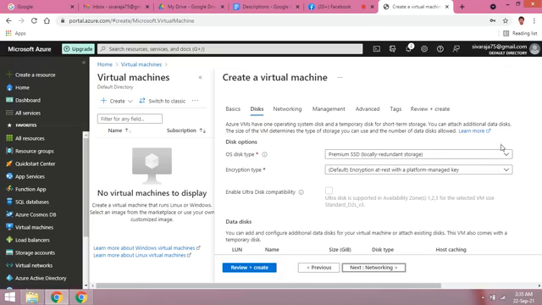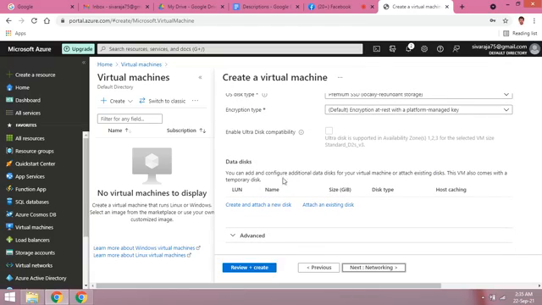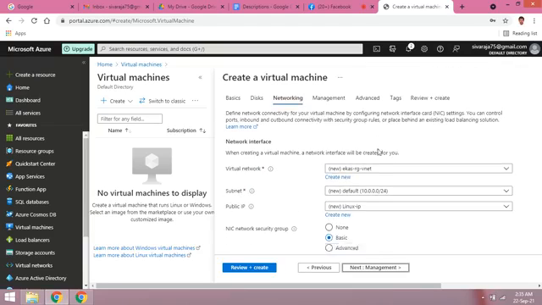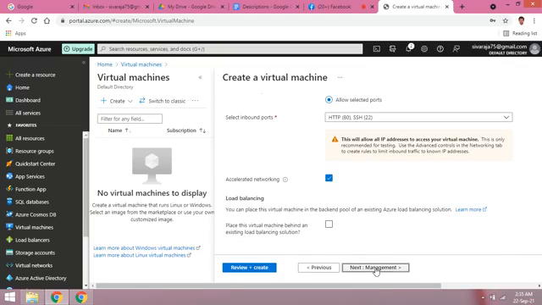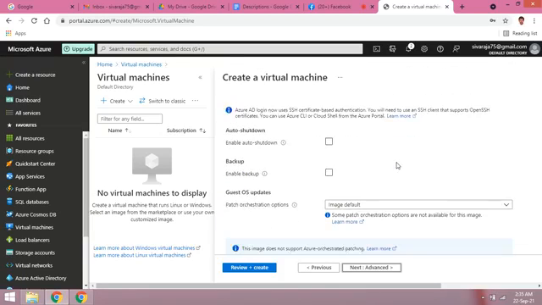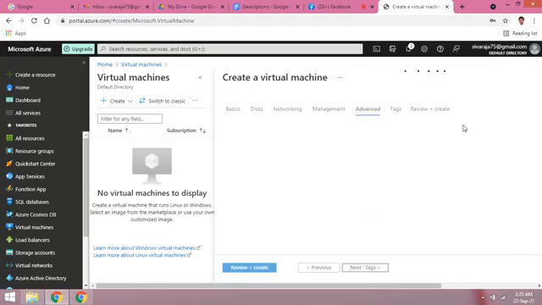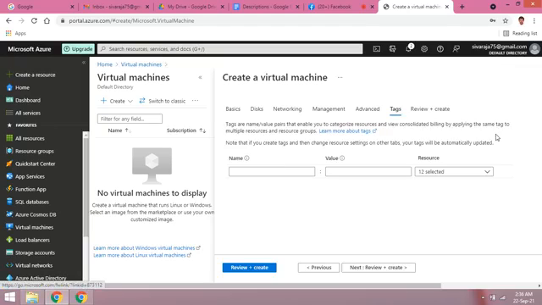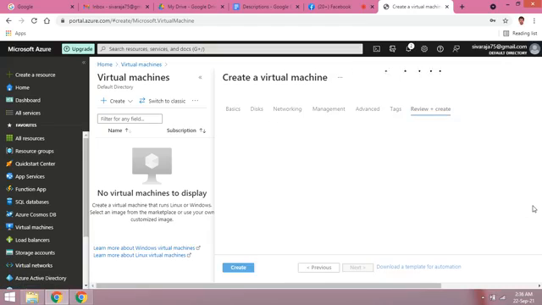this is the disk option. Now I do not change these settings. I choose the default only, and in networking I also do not change anything. This is the default one, and in the management tab I also do not change anything, and in the advanced tab also I do not change anything. And this is the tag. If you want to create a tag for identification of resources, you can. I leave it and go to review,